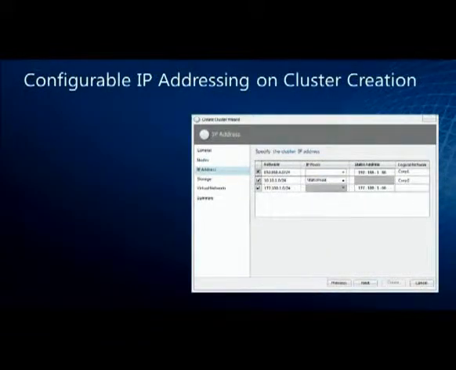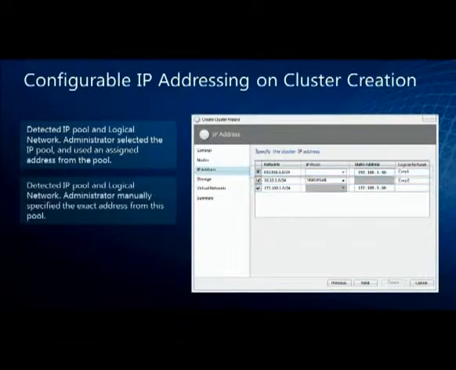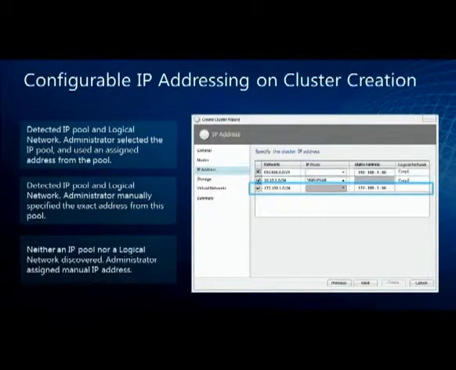The other thing is that we handle the different networking addresses that you might have. So in this example, I have an IP pool, and it's detected that this host is on that same IP pool, and I want to just take a static IP address from that IP pool and use that for the IP address of the cluster. The other thing is, if it detected the logical network but I wanted to manually assign that IP address, I could do that as well. And then lastly, if it's one that's not on an IP pool or a logical network that I already have, I can type in a manual address there to access that IP range. So I can create these different cluster